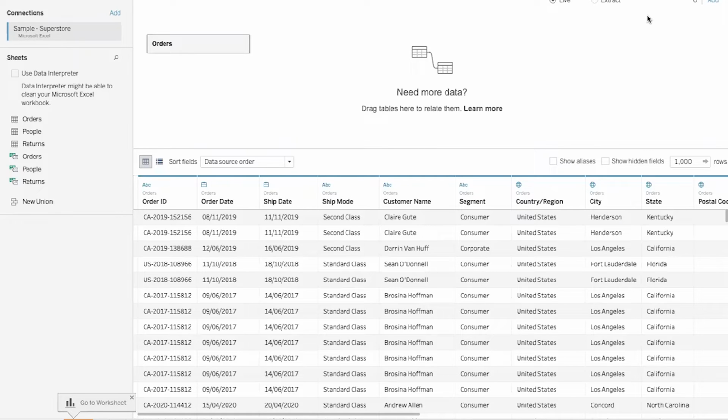Live means your Tableau Desktop is directly connected with the database. There is no snapshot of the data, so whatever the speed of your database is, the same speed will be there in your Tableau Desktop. But in case you want to work offline, meaning you don't want to be connected to your database, you can always go for extract mode. It is the fastest way. It takes a snapshot of the data, stored in the local repository of your system, and it works much faster, approximately 10 to 20 times faster than the live connection.